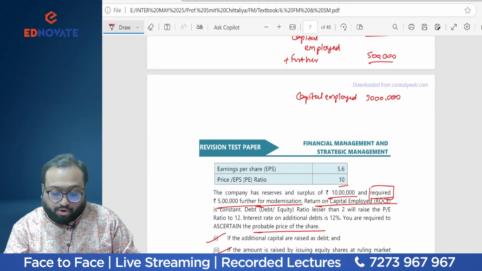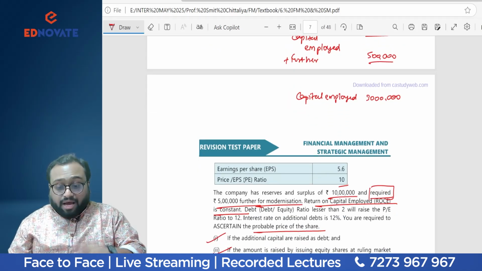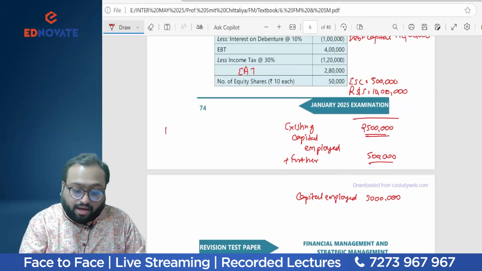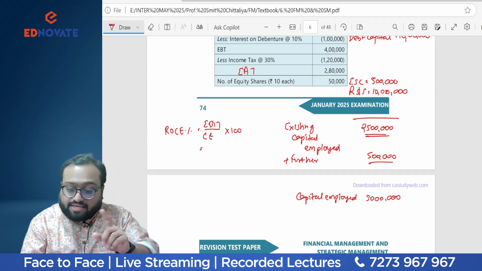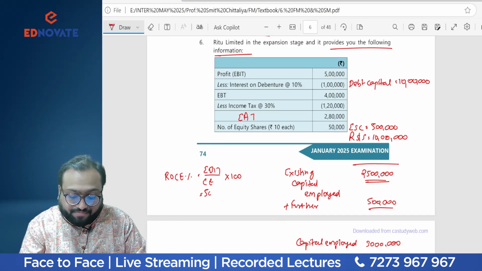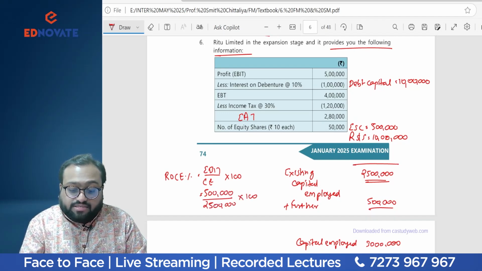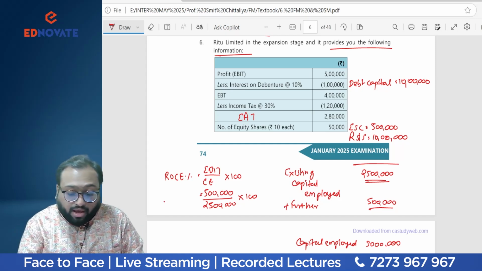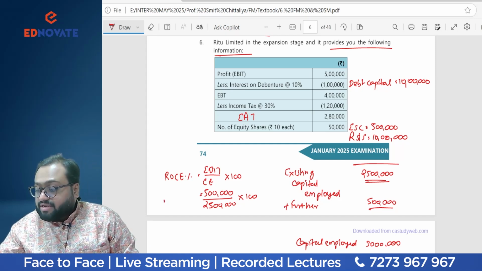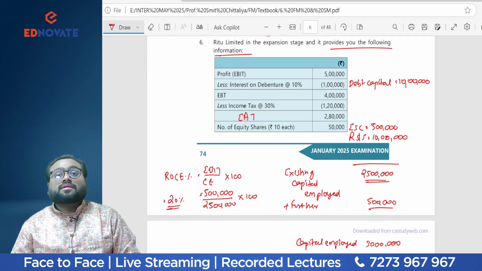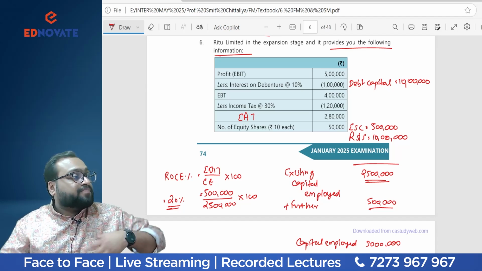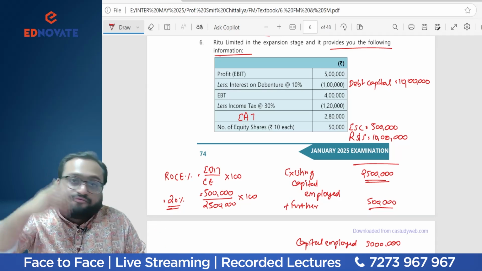Now return on capital employed is constant. Now why do we need to find out the existing capital employed? See, ROCE, return on capital employed, what's the formula? EBIT upon capital employed into 100. And the existing EBIT of the company is somewhat 5 lakh. This 5 lakh they are earning on existing capital of 25 lakhs. So if you don't find out the existing capital employed right, your ROCE will be wrong. So 5 lakh divided by 25 lakh into 100, the company is currently earning 20% on the capital employed. And the question is silent, it is not saying what the future ROCE will be.